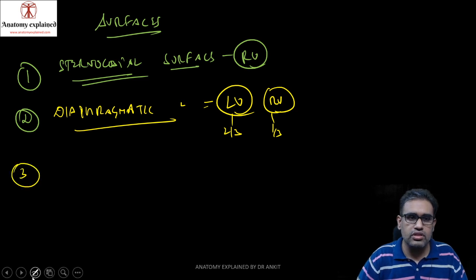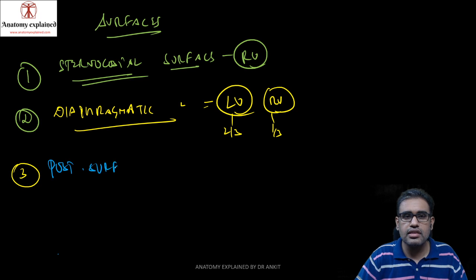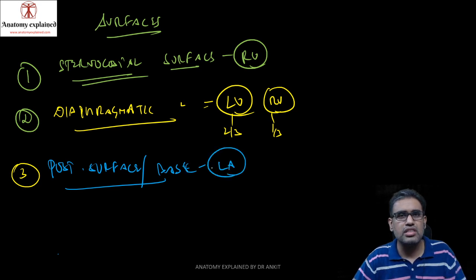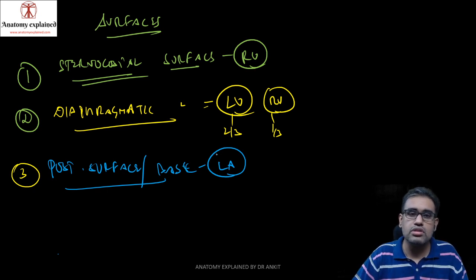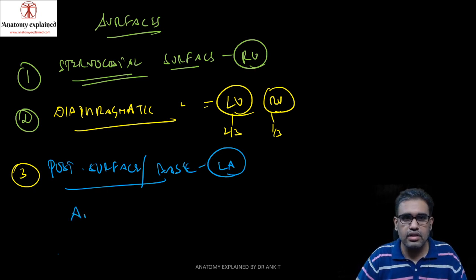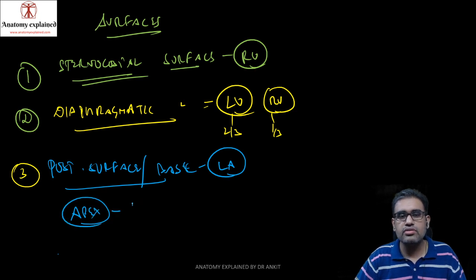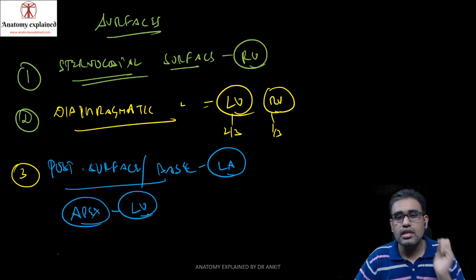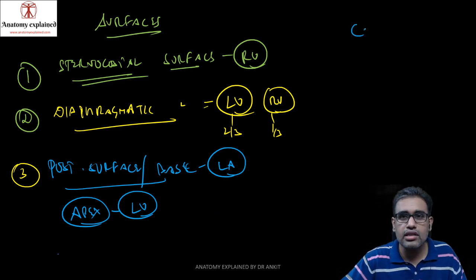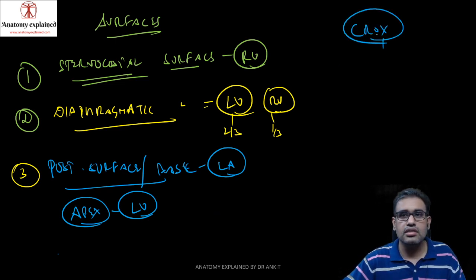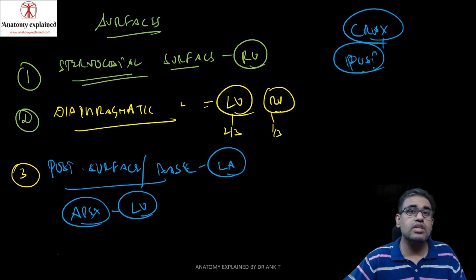Then there is also a surface which is called the posterior surface. This posterior surface is nothing but the base of the heart. That we have seen already, that is basically formed by the left atrium. A small contribution is made by the RA, but mainly remember the left atrium forms the posterior surface of the base. The apex is the pointed part that is formed by the LV. There's also a term known as the crux of the heart. The crux of the heart is present in the posterior aspect where all the grooves are meeting.